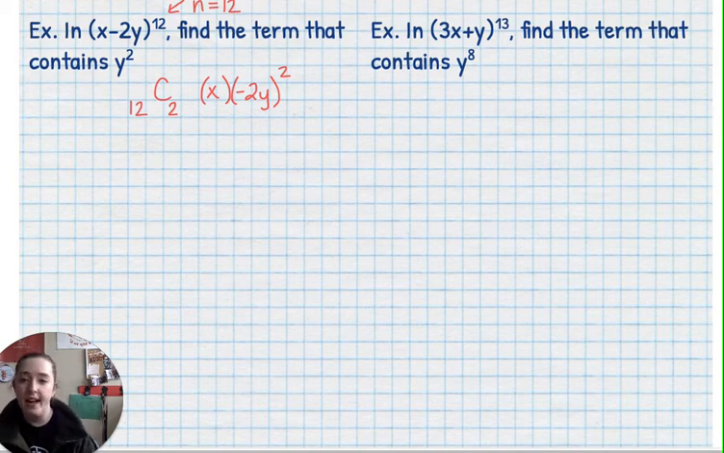Now I know my exponents on a and b need to add to be 12. So since my exponent on b is 2, that means my exponent on x needs to be 10. So here's what I'm going to have to put in my calculator. I'm going to have to put in that 12 choose 2. And then we'll have negative 2 squared in there, which is just 4. So we'll go ahead and take